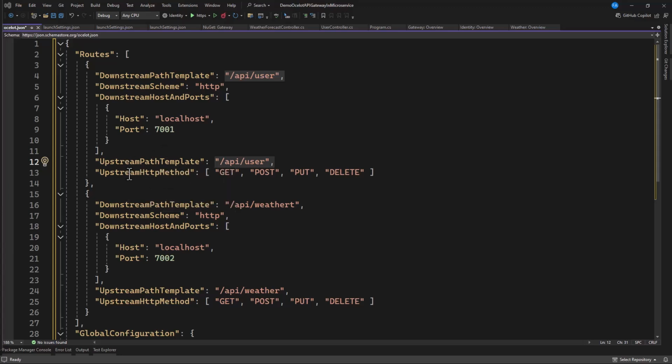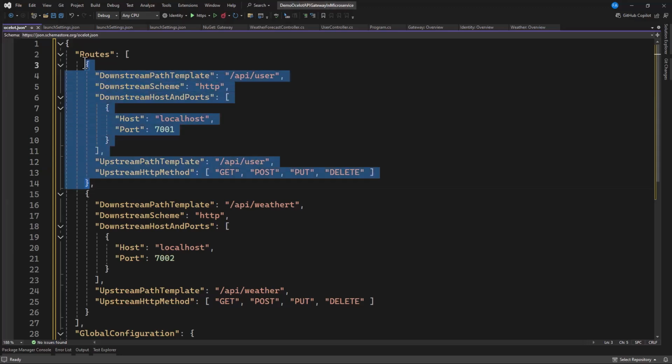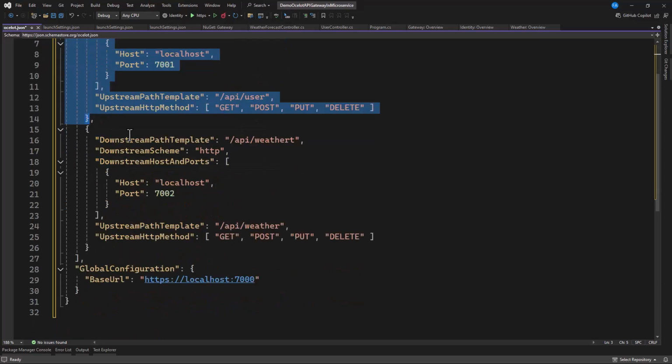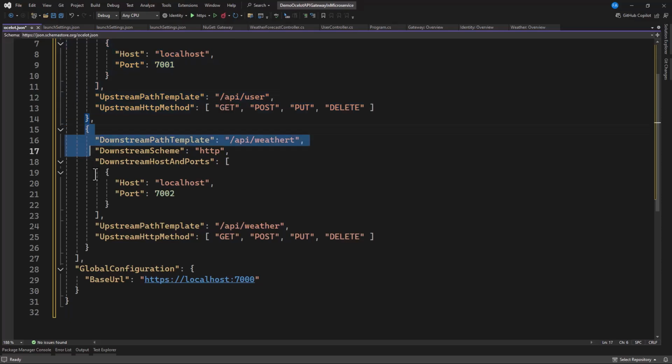That is what Ocelot will use to make a call to that specific endpoint. So the client can access this from the upstream path, and then Ocelot will use the downstream path to make a request to the API. Okay, so that is one. You see from here, we have one in here, and that's for the user API. Then when it comes to our weather, there is also another one.